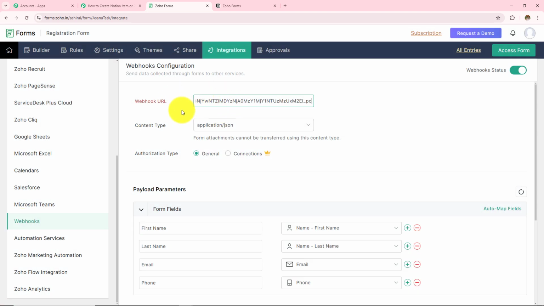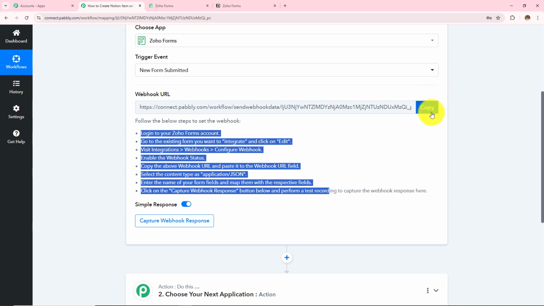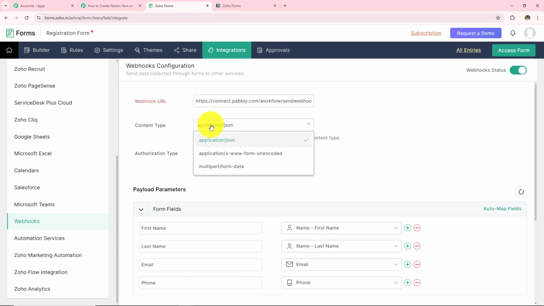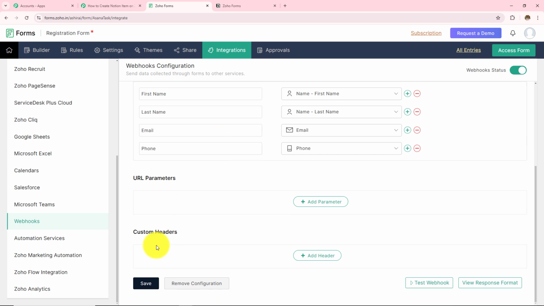So here I'm provided with the option of webhook URL. So I'm going to remove the previously existing webhook URL, go back to Pabbly Connect, copy this webhook URL and paste that webhook URL over here. And in the content type, I need to select this as application/JSON. So I have selected that. Now after doing all these steps, I have to click on the save